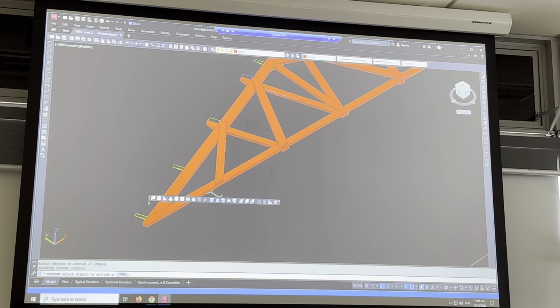Okay, cool. Yeah, I think the 3D is more something that you. But yeah, the 6'8" is from the edge of the concrete to the edge of the concrete, so if your truss is mounted in the middle of your column, the purlin is going to stick out beyond the truss. Oh, yeah, because it's the same width as the external footprint. I see what you mean, it will stick out a bit, but that's okay. For your 3D, if you make them 6'8", that's fine. If you want to chop them off, that's fine too, so take off 50 mil each end. But I'm going to make them 6'8",